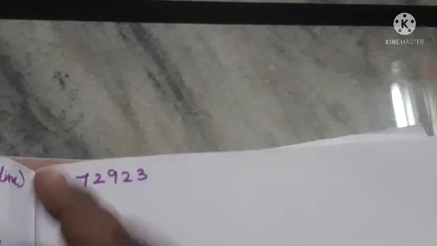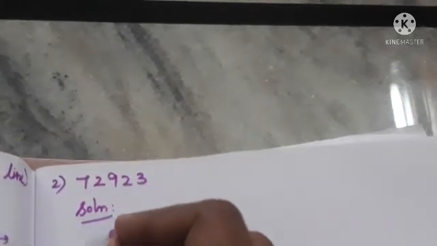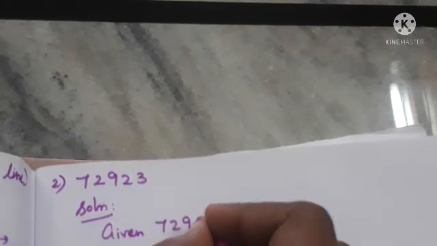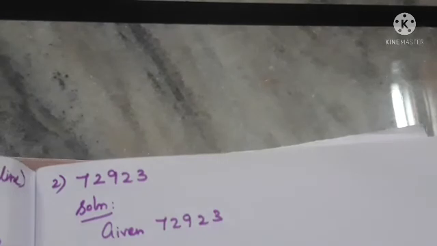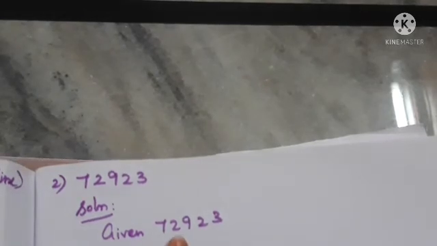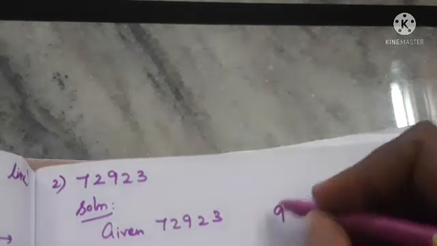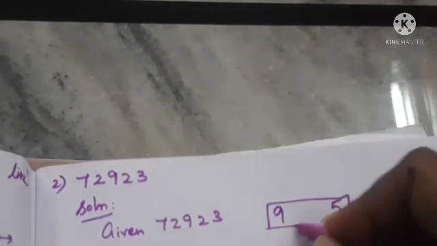9. Okay. So listen. First we write the solution and write the given question as it is. Given 72,923. So which number do we have to focus on and compare? We are going to round off to the nearest 1000, so this is a 2000 we have. But we have to focus on the 100 place. That is 9. We have to compare the 9 with 5 and put it inside the box.